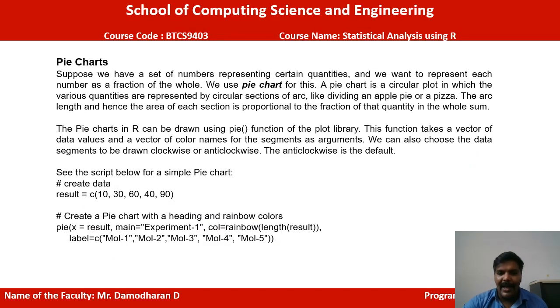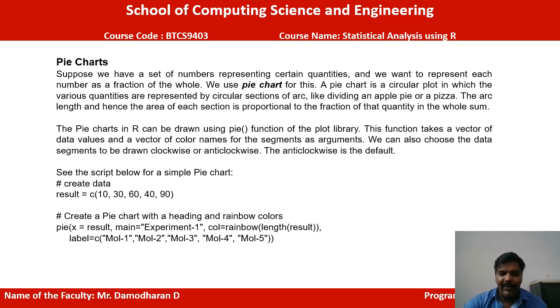For a pie chart, we create a numerical representation of digits. Once the numerical values are divided in the pie chart structure, it is divided into various ranges, like cutting a pizza. The pizza is a circle, so if we cut it into 4 equal pieces, each is a 90-degree part of that pizza. If there are more values, it will be divided into more pieces. The range is divided.